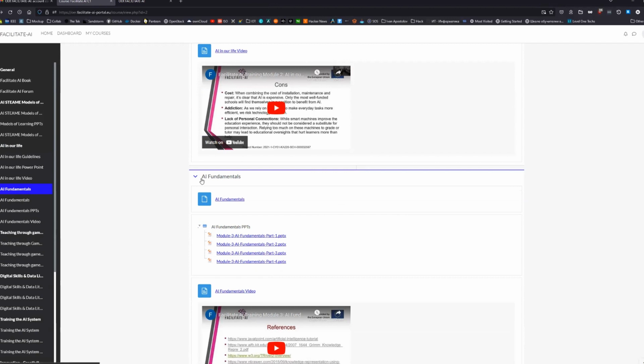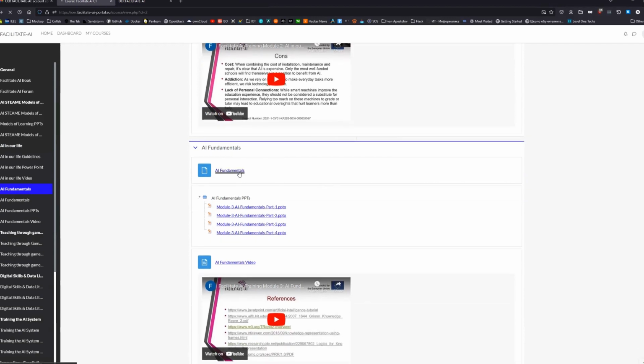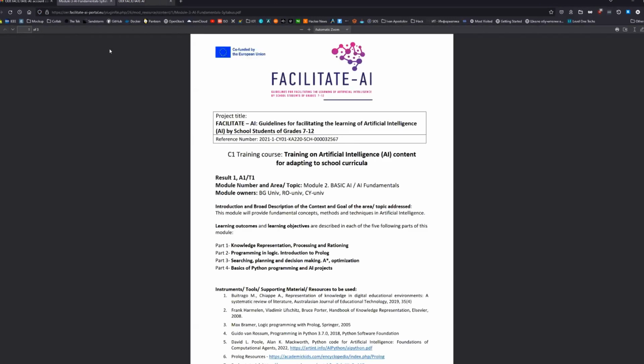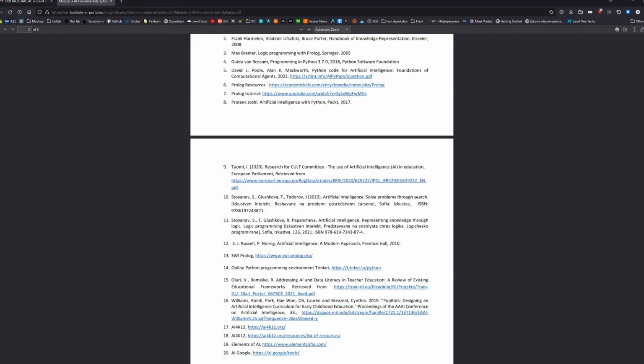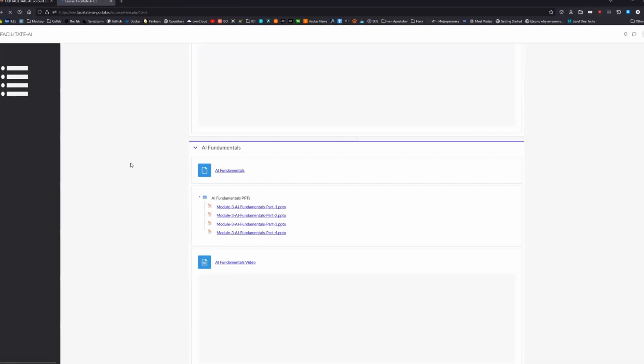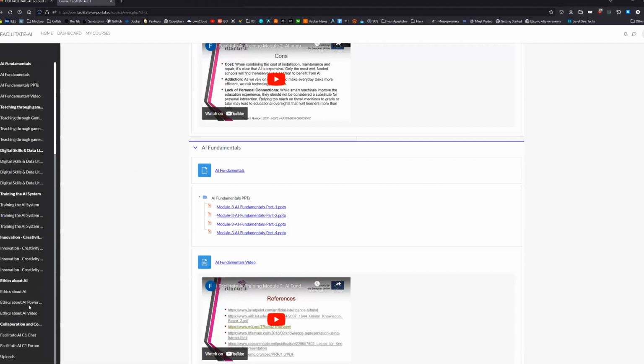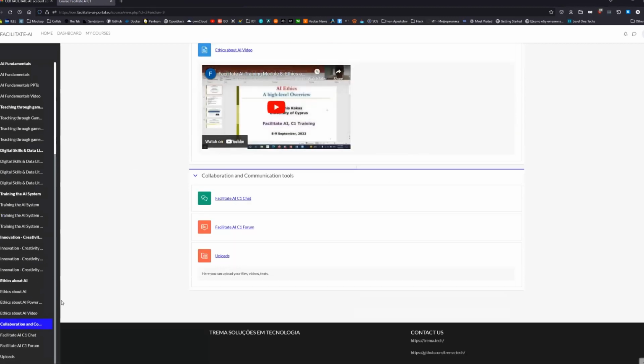And we can see AI fundamentals. We can open the guidelines, go through them, and download them. What separates us from the guest is now collaboration and communication tools.